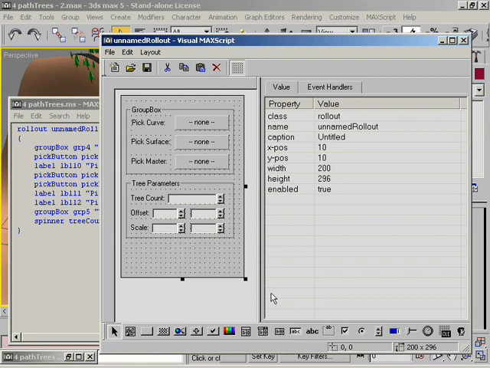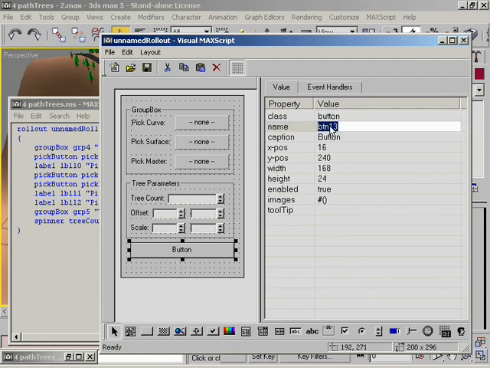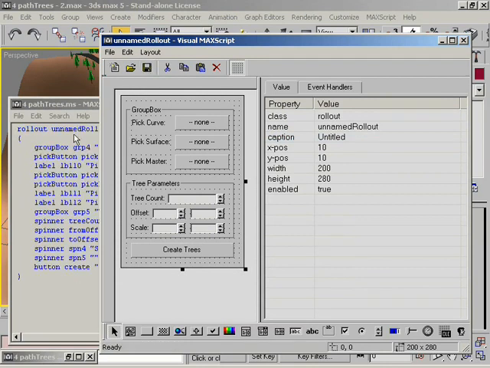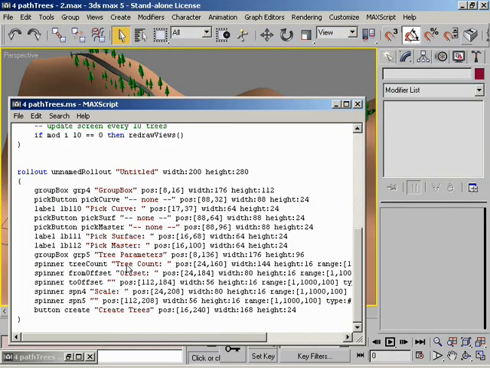And now I want to add a create button. So I'll grab a button here, drag it out, and we'll call this button Create, and caption Create Trees. Save to update the definition back in the script window, and let's close the layout editor, and here we are